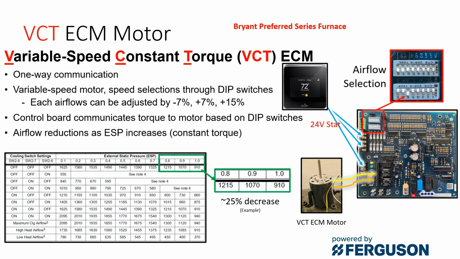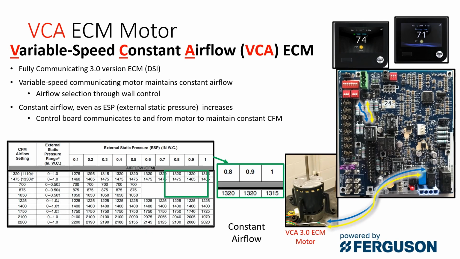So at 0.5, we have 1,445 CFM available, and by the time we get to an inch of water column, we have 910 CFM, which is a 25% decrease. Then we get into the VCA ECM motor, which is a variable speed, constant airflow motor, and